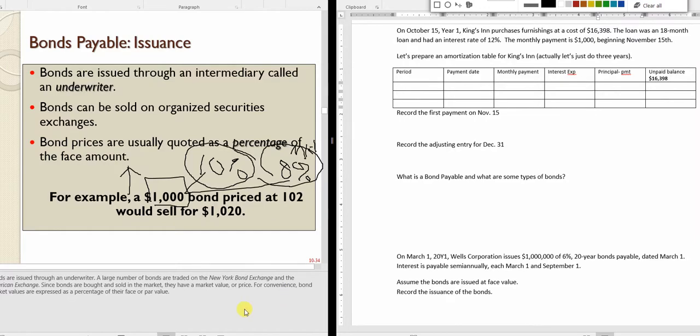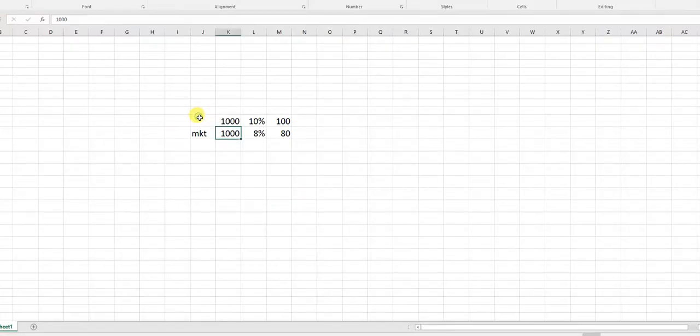So if you think about it, I'm going to pause it for a second. Okay, so if you look at this, this is our bond. If the bond sold for $1,000 and earned 10% interest, it's going to pay $100. That's on the face of the bond. That is what it's going to pay. Here's what our market is. Somebody invests in $1,000 anything, they earn 8%, and it's $80. So now everybody's going to want these. So what's going to happen is we